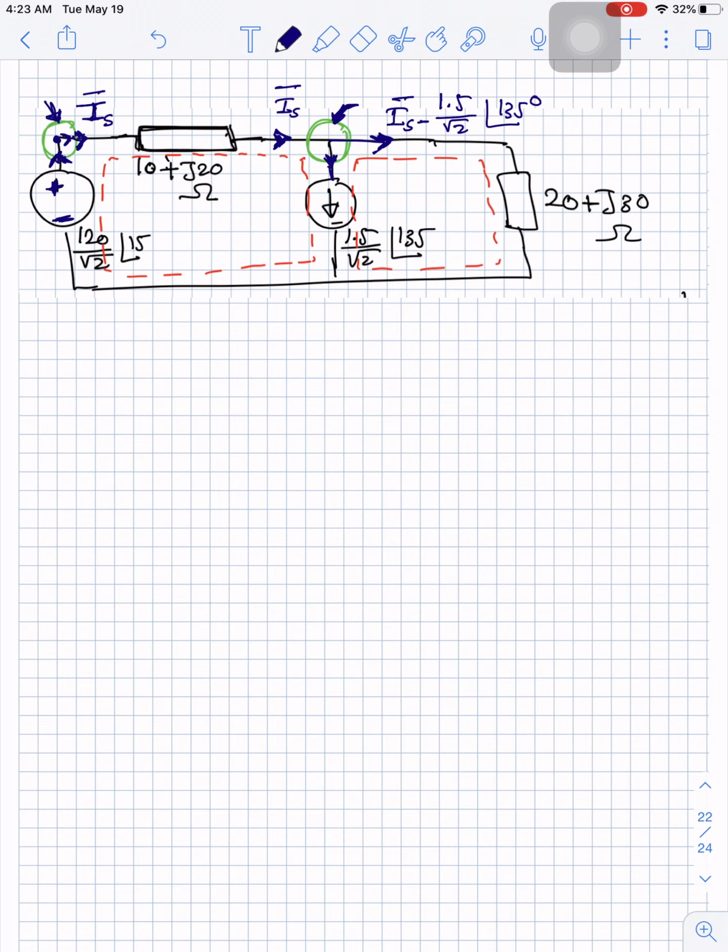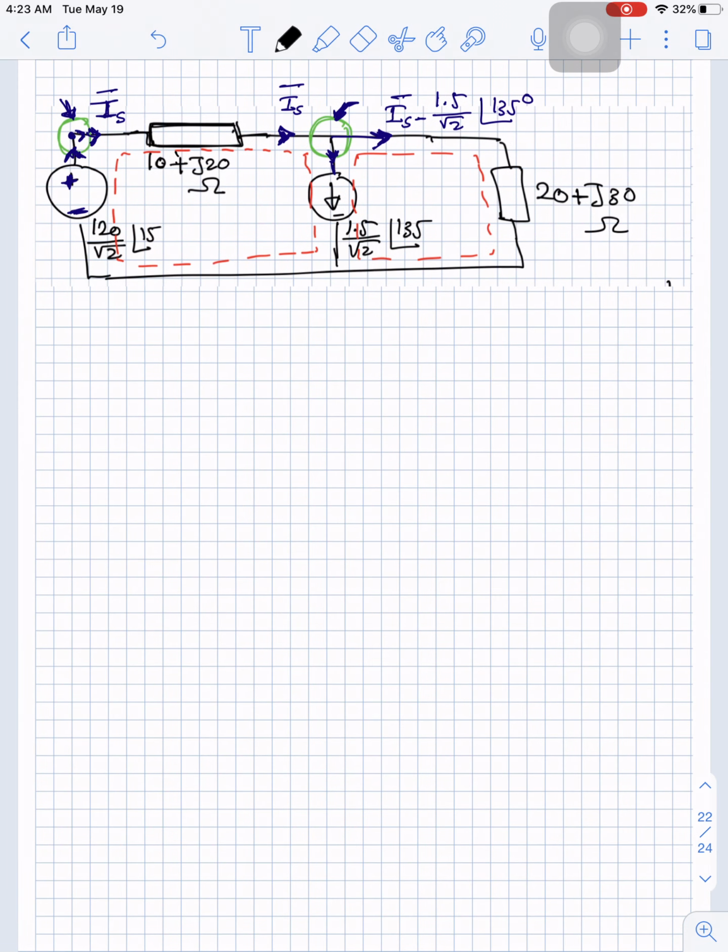Now, we did the first two steps by assuming currents and applying KCL. The next step that we will do is applying KVL. So how will we apply KVL? I will copy this loop here. So instead of doing this, I will sketch loop 1. So what I have in loop 1,